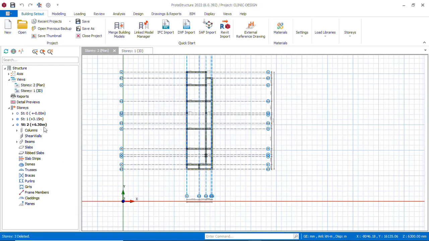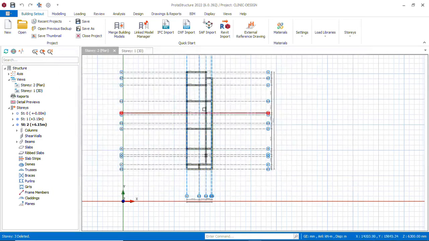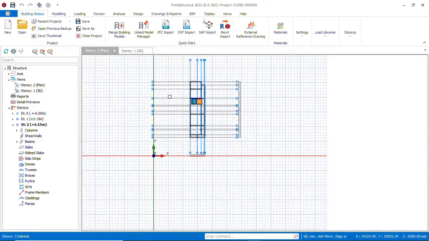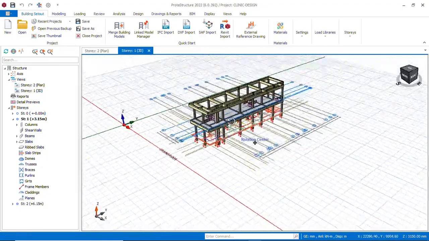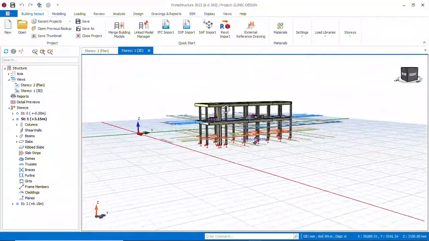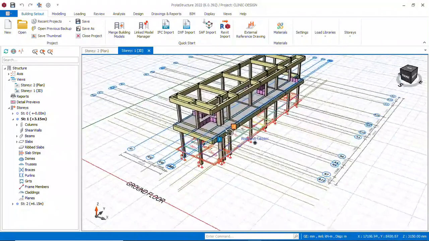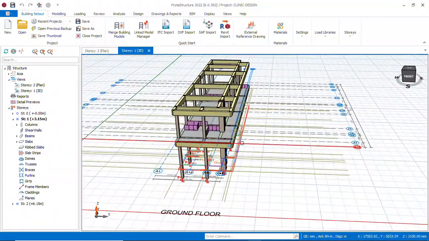Then you can edit your story. Edit story. The second story is just 3 meters. Okay. So you have something like this. So you can look at it in 3D. This is what you have. So now, what we are going to do is to insert our wall loads